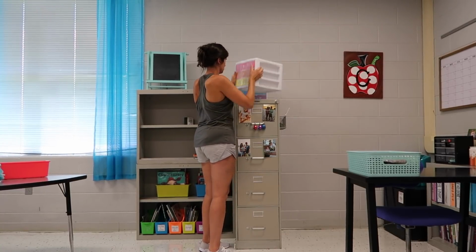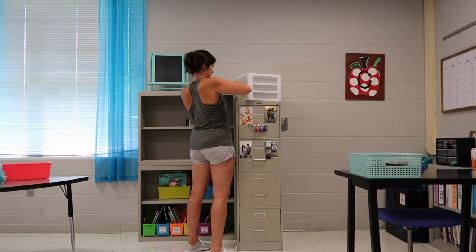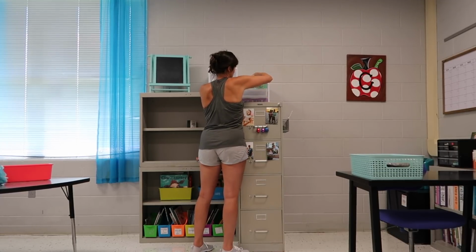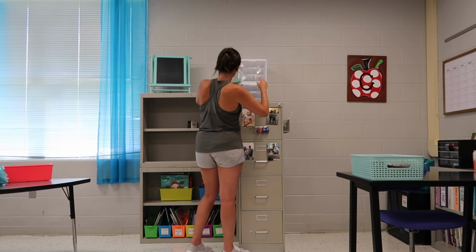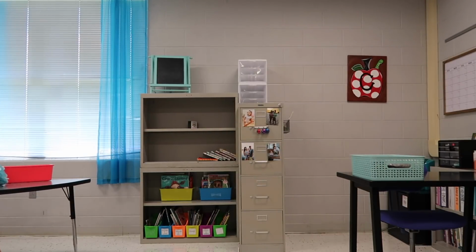My little Sterilite drawers I used religiously. I use them all the time, but last year I taught reading, science, and social studies, and this year I'm just doing reading. So I'm going to take these labels out and change them to what I want them to say for this year. Like I had two reading, a review, science, social studies, and a next week one. So I'm going to make it Monday through Friday,